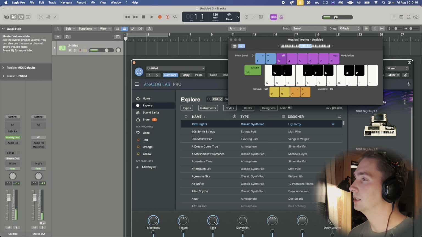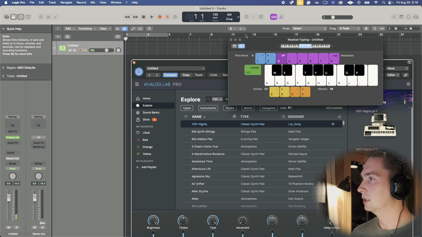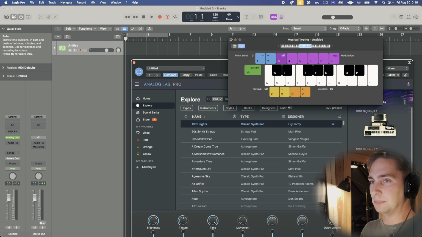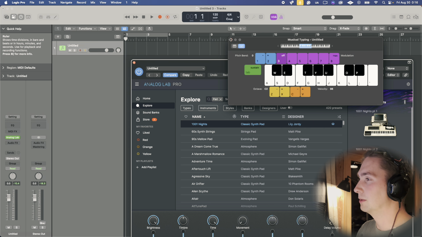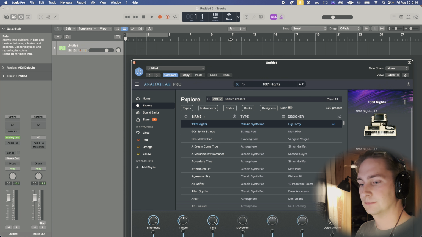Pretty sweet, huh? Let's dial that back even more. It's pretty loud. But I do have a MIDI keyboard. I highly recommend that you get one because typing just doesn't feel right. I need a MIDI keyboard, so that's what I'm using.